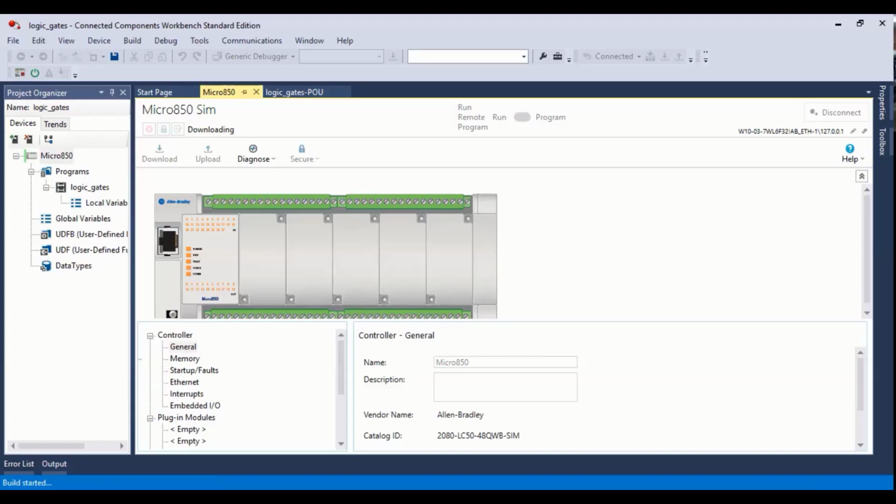A rundown of testing each one of those logic functions in ladder to make sure that everything stays the same. Okay, so I'm gonna run the